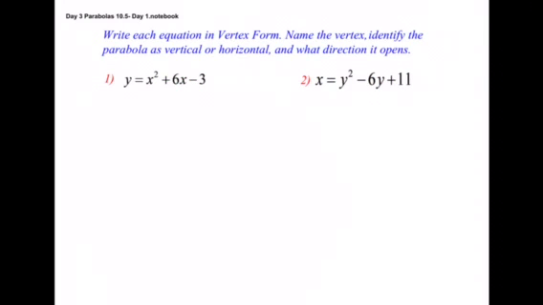Write each equation in vertex form. Name the vertex, identify the parabola as vertical or horizontal, and what direction it opens. So when we have a parabola that is y equals, I know that it is vertical. In example 2, we have a parabola that's x equals, so I know that this is horizontal. And then, in order to write in vertex form, we need to complete the square. So we're working with x squared plus 6x plus our box,